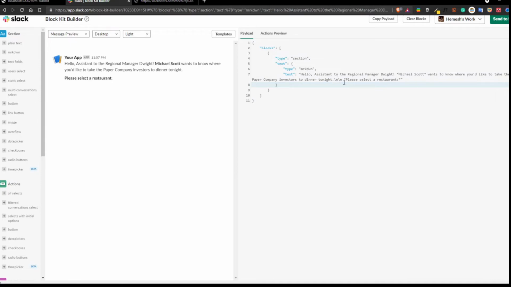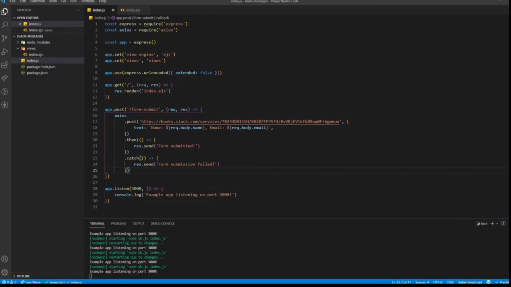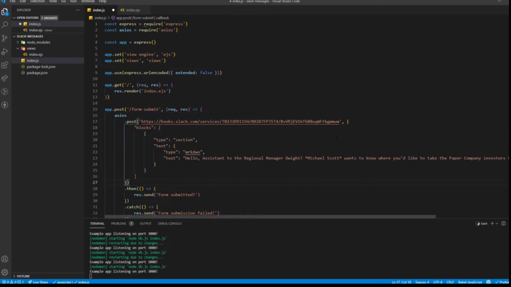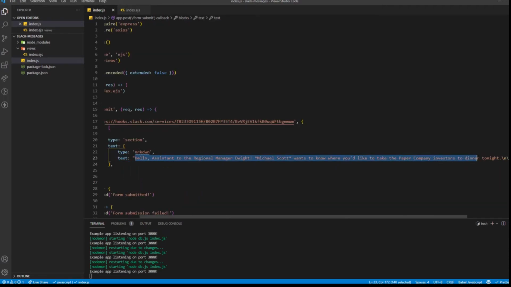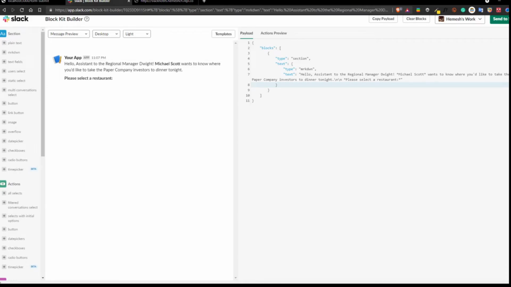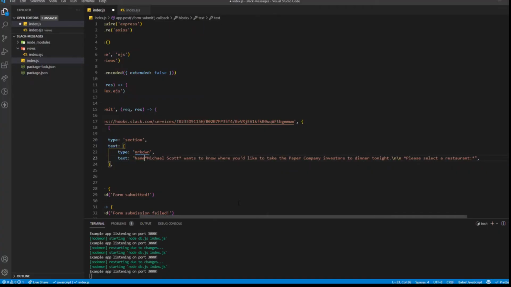If you want a new line, you can do \n. I'm just putting it right over here. Okay, yeah, this is the object, right? You can use the asterisk to make text bold, I guess. Is that bold? Yeah. Okay, so I'll just do name. I'll use the backticks here, and put the name in as